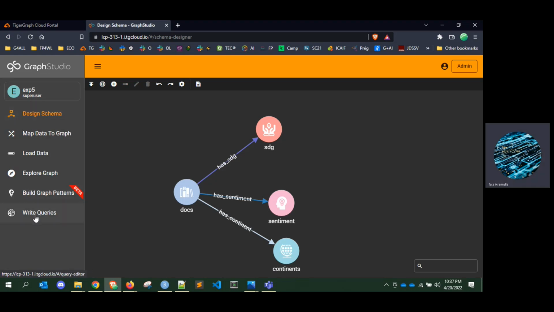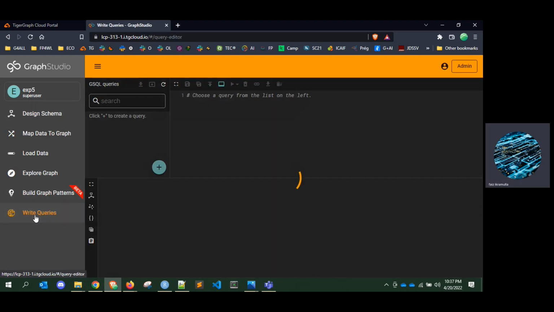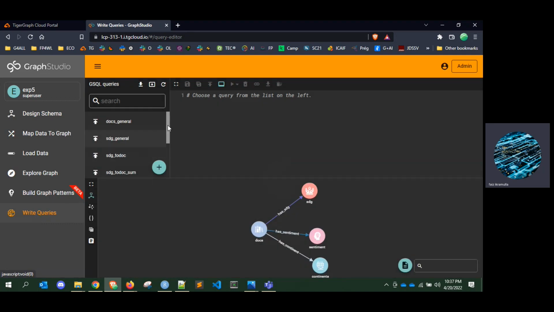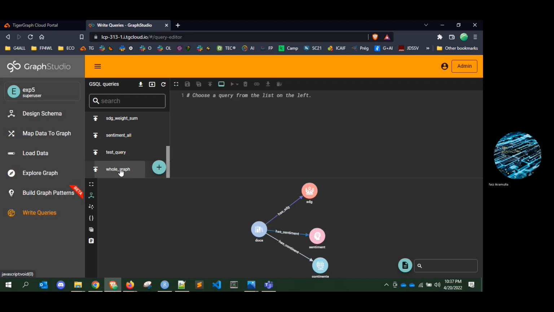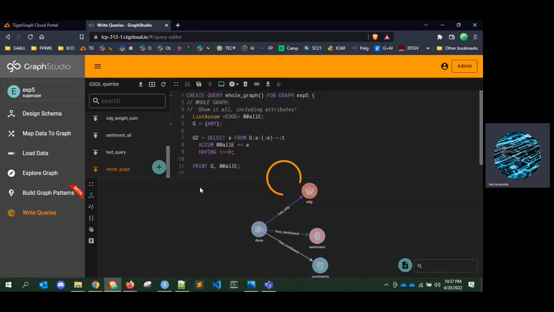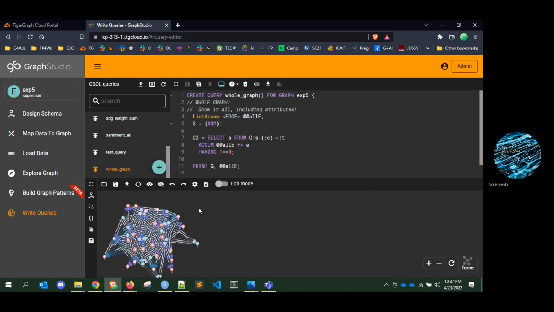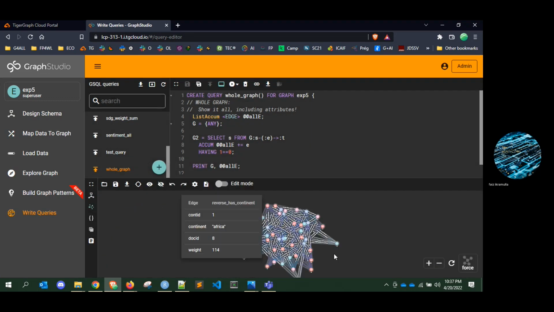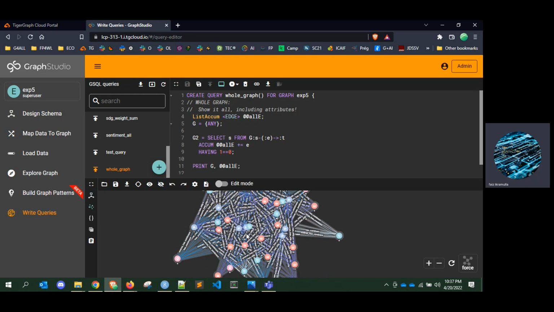Using our TigerGraph Studio tool, here I will demonstrate the entire graph, a visualization of the entire graph. Obviously very complex, and this is only 10 documents for demonstration purposes.